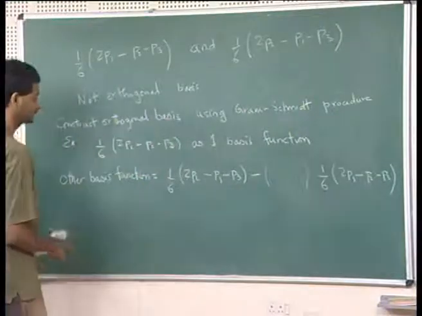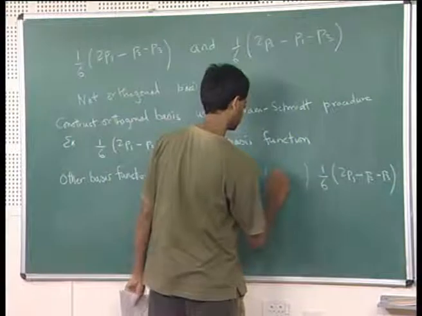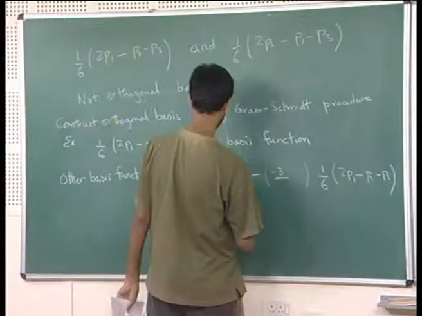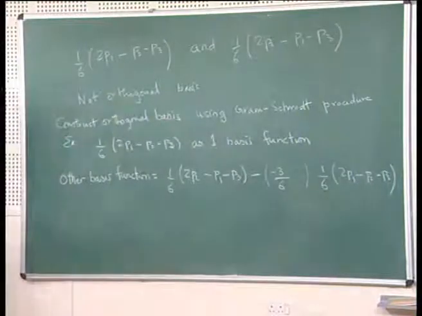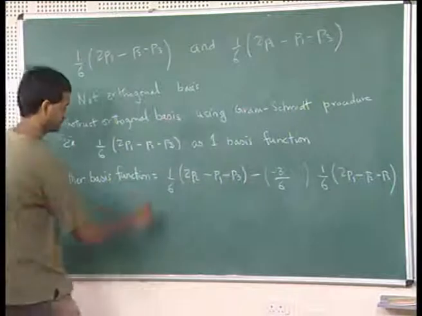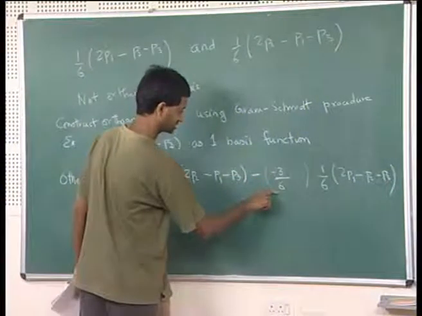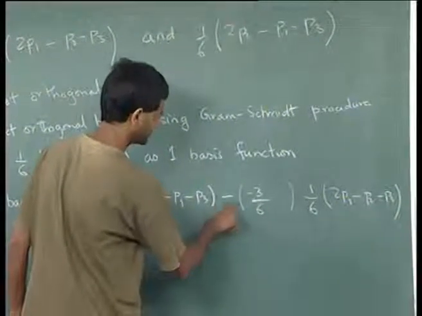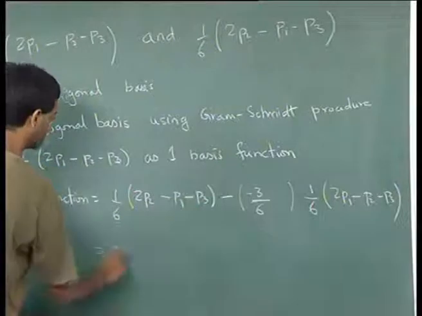So I get minus 3 divided by 6, which is minus half. So I have plus half. So if I do this plus half of that, what I'll get is